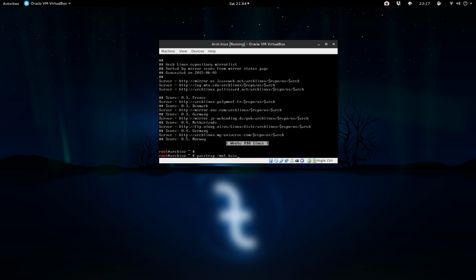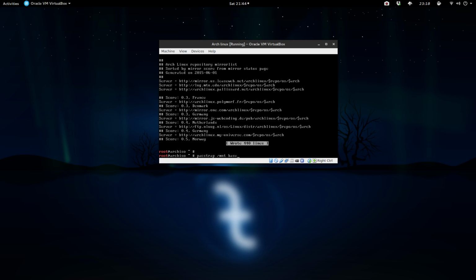I would also do base-devel, but I'm going to install the base-devel components later.